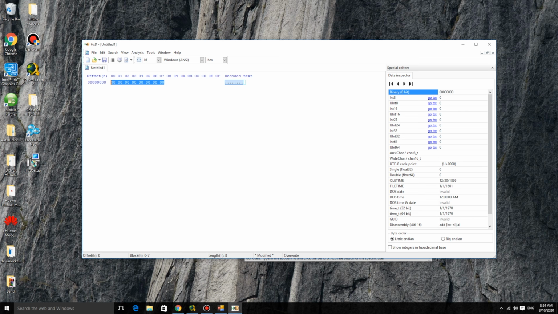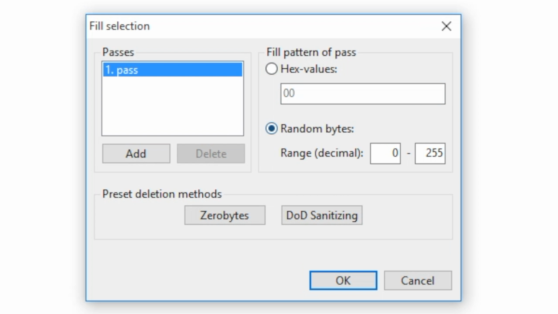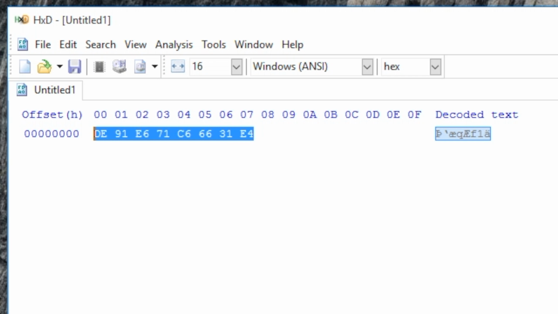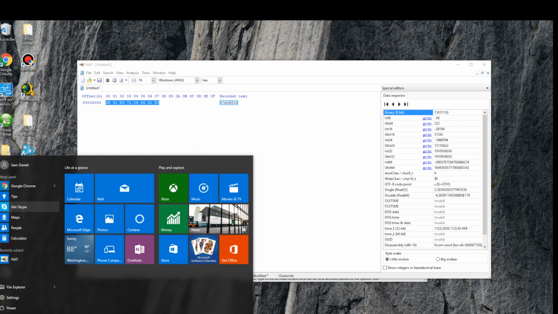So just select that bit, go to edit, click on fill selection, and what we're gonna do is click random bytes and click OK. So guys, there you go. This is gonna randomly create a code for you. Just go ahead and copy that, Control C, or edit, copy, and we wanna remove all the